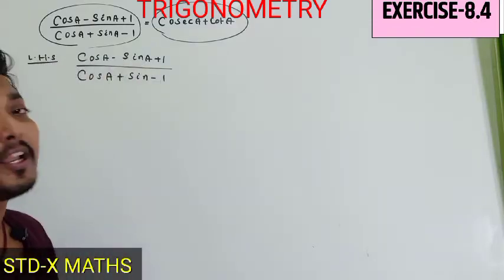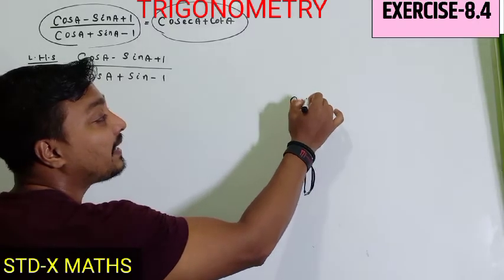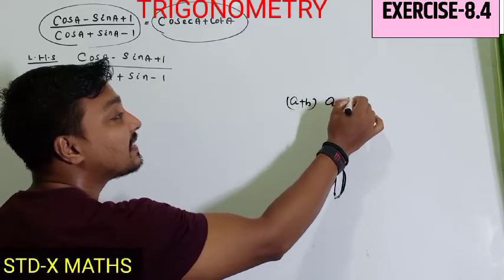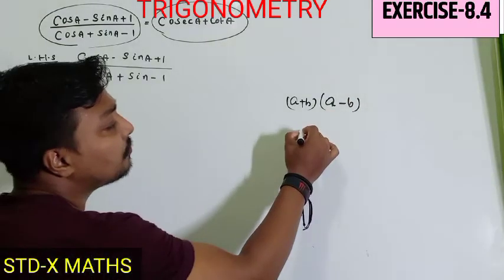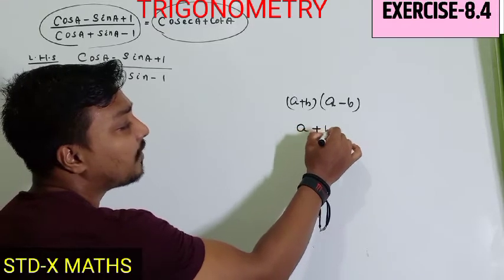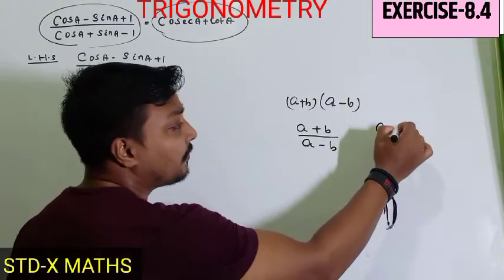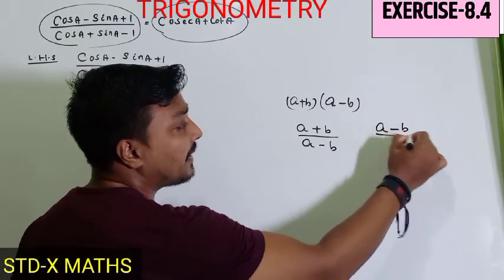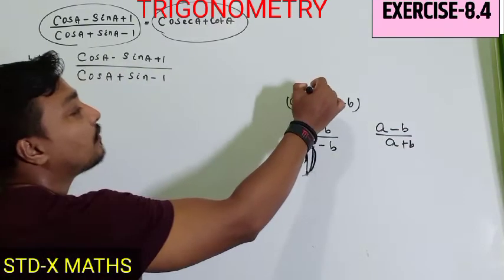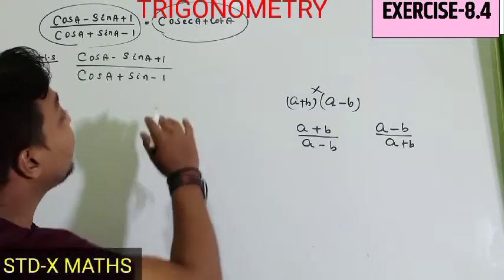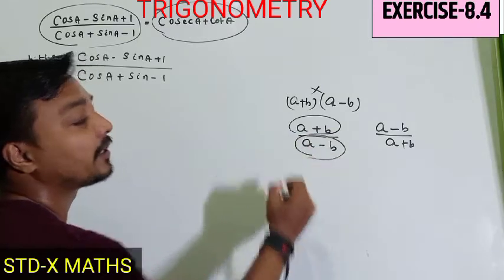Then normally we have to check whether there is any form A plus B and A minus B, any factor just like this? No. Then we have to go on searching, is there any form A plus B? Here it is A minus B. Otherwise, is there any form of A minus B divided by A plus B? How to check? We cannot find this one in the expression, but here it is given in fractional form. It means the numerator is given and also the denominator is given.